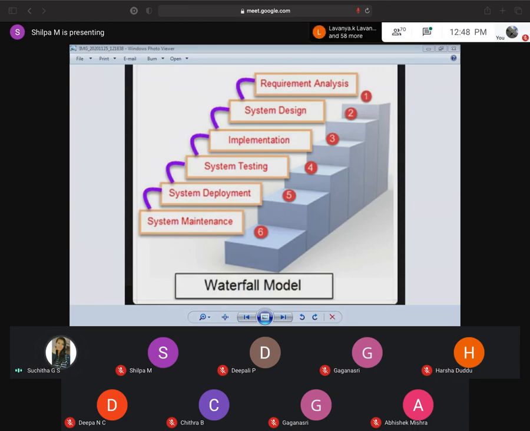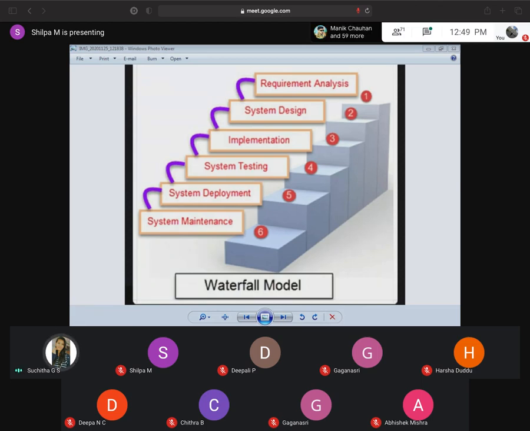Next, system design. The system design process allocates the requirements to either hardware or software systems by establishing an overall system architecture. Next, implementation. During this stage, the software design is realized as a set of programs or program units. Unit testing involves verifying that each unit meets its specification.